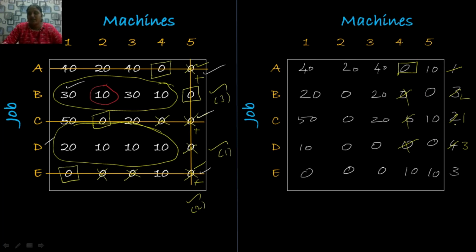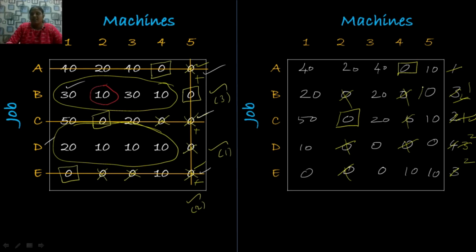Next I am going to give my next assignment for the third row since it has only 1 zero. So I am going to make an assignment at this position. After making the assignment, cross the remaining zero elements in the same column and also row wise. Second row has only 1 zero, whereas the third row has the assignment we have made. Second row has only 1 zero, fourth row has 2 zeros and the last row also has 2 zeros.